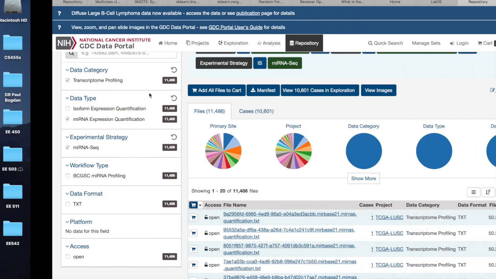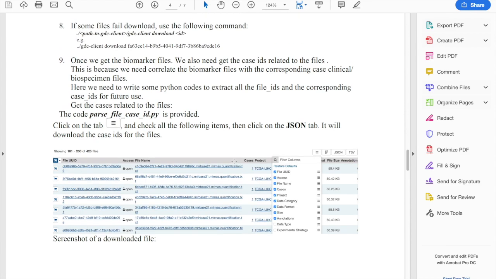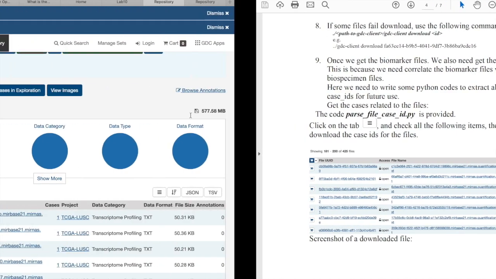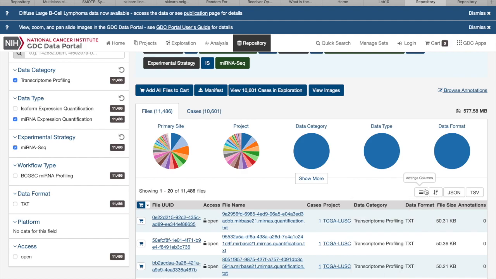Right. Now, moving forward, once we get the biomarker files, we need to get the case IDs related to their file IDs. This is because we want to correlate the biomarker files with the corresponding biospecimen files. In order to do that, I have a parse file case code, which is a Python code again. Before that, we would need a JSON file, which I have downloaded already. I'm going to show you